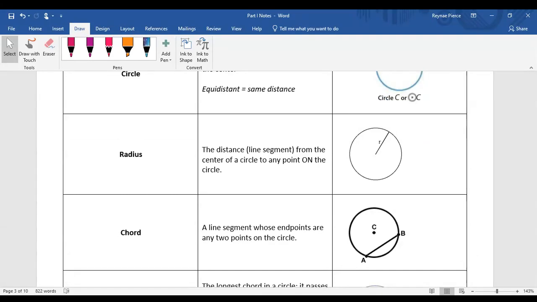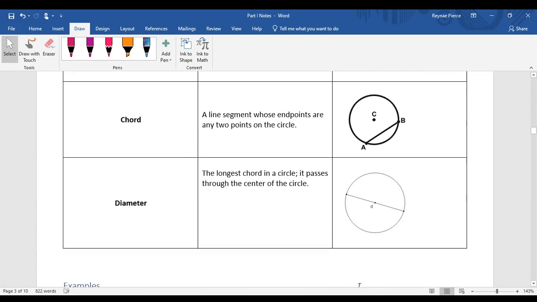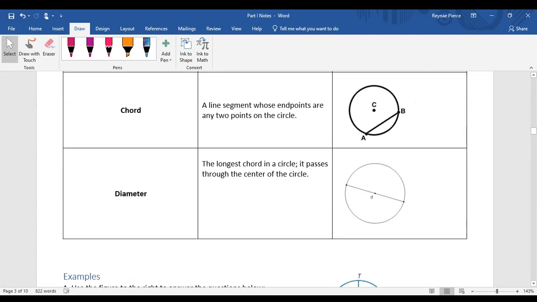in the guitar's body, and you play chords on a guitar. A chord is any line segment whose endpoints are on the circle. All right, so A is on the circle, B is on the circle, that line segment that connects them, that is a chord. And then the longest chord in any circle is the chord that passes through the center, which